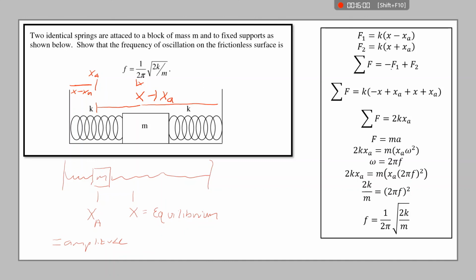So the sum of my forces is negative F1 plus F2. That negative F1 will change my sign in here. So this will become positive xa minus x, positive xa minus x. And I can factor out my k's from both of them because I'm adding. So my negative x and my x will cancel, and I'm left with 2xa. My force is mass times acceleration, so we can substitute 2kxa is equal to my mass times my acceleration,